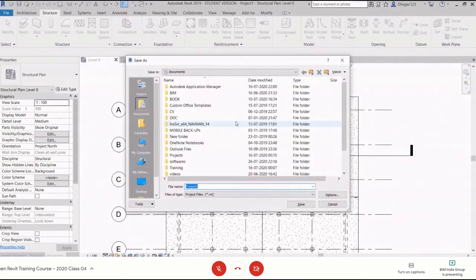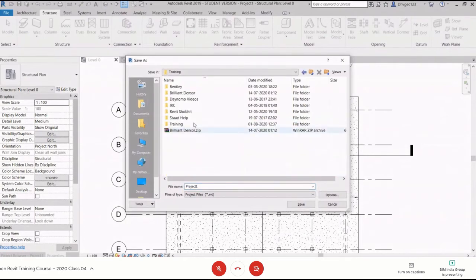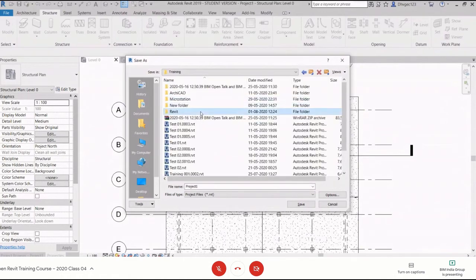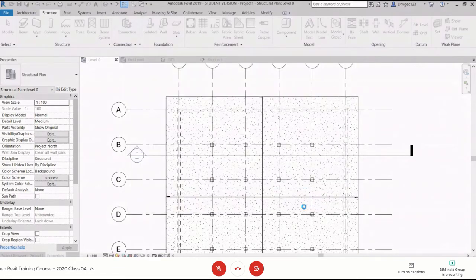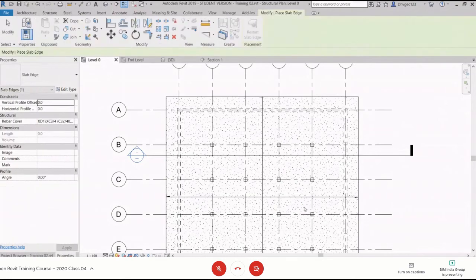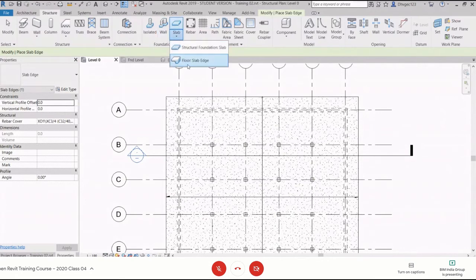Okay, we save it and then go here, slab edging.